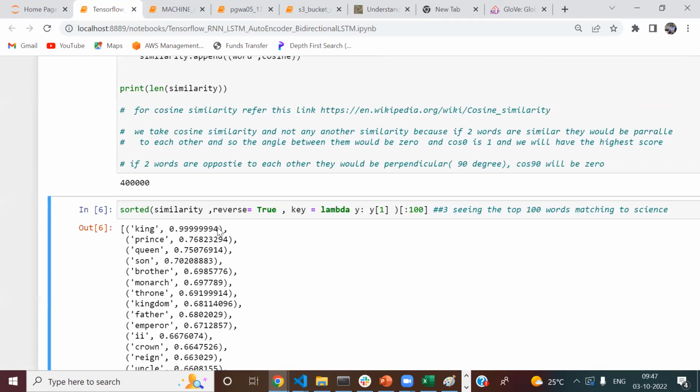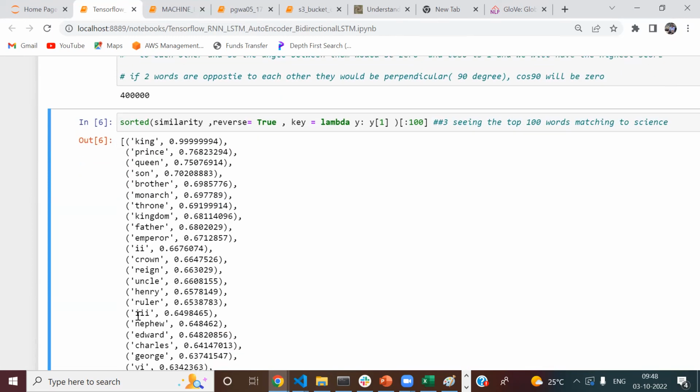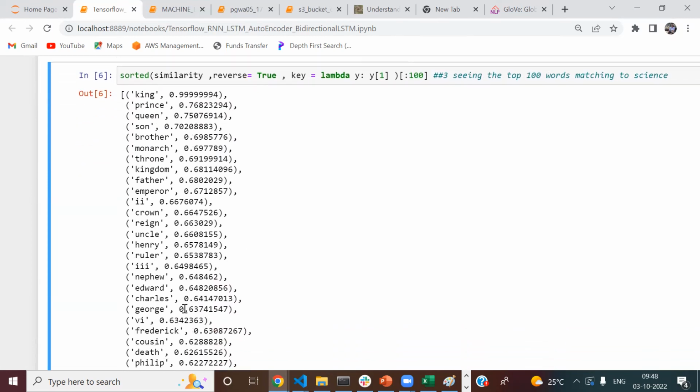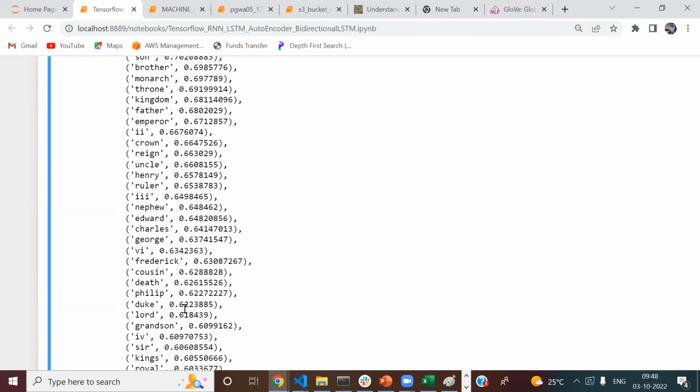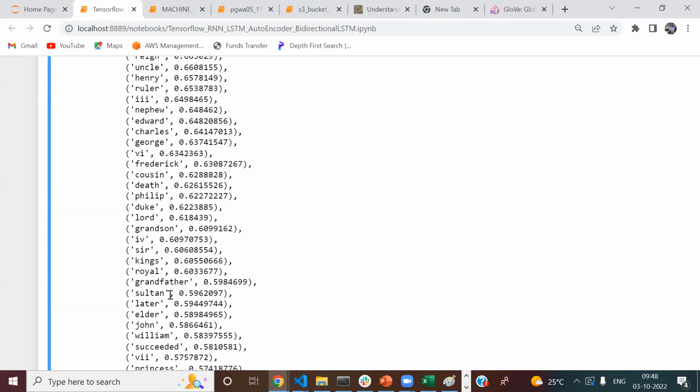So king is closest to king, then prince, then queen, then son, then brother, then monarch, then throne, then kingdom. Now look carefully, these words do have something to do with your king, right? Father, emperor, I don't know what is II, probably the model still needs to be trained. Crown, reign, uncle, Henry, ruler, nephew, Edward, Charles, George, Frederick, cousin, death, Philip, duke, lord, grandson, sir, king, royal, grandfather,